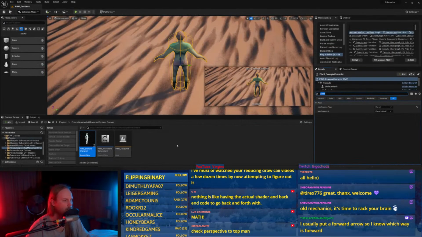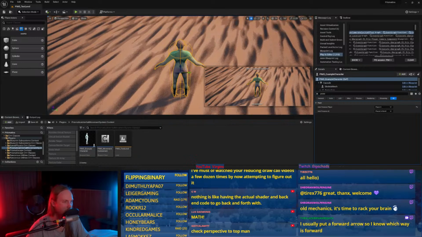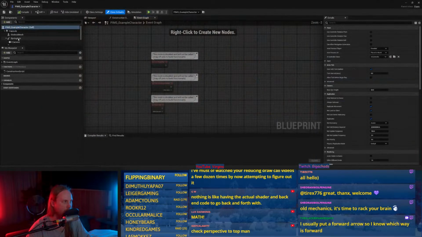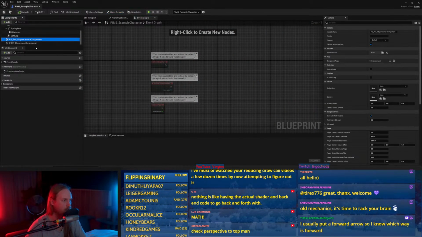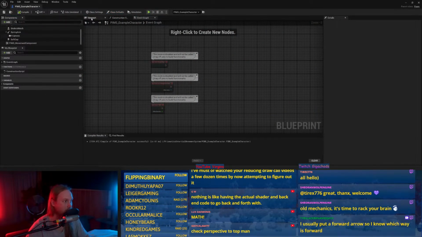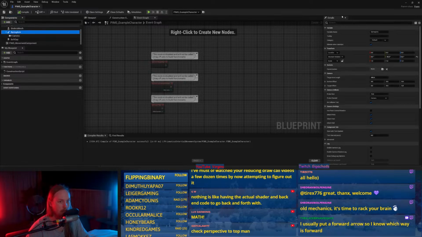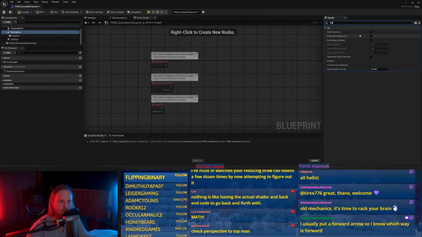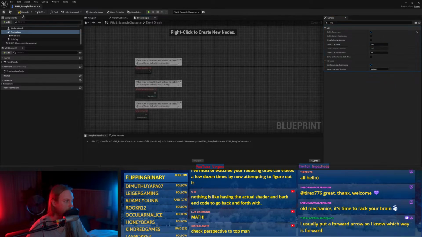You know what? Who needs a camera manager? Let's just yeet it and use the inbuilt lag. Enable camera lag. Lag speed, whatever. That's fine.